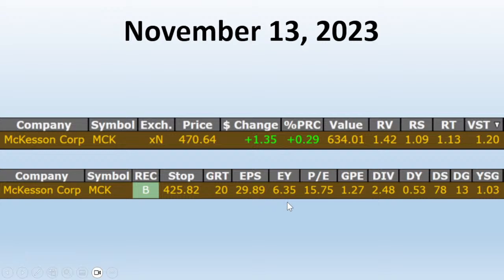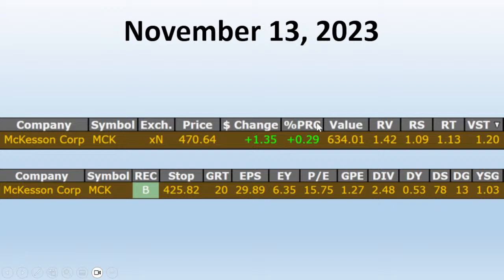I can, just by looking at the indicators here in two rows, I know that this is a fundamentally sound company. You know how I would know if it wasn't? If the stock was overvalued, if price was above its value, and it didn't have a high RV, it had a low RS, maybe their earnings per share was negative or negligible, poor earnings growth rate, right? Maybe they didn't pay a dividend, they can't afford to. That's not a company that we want to invest in the long term.